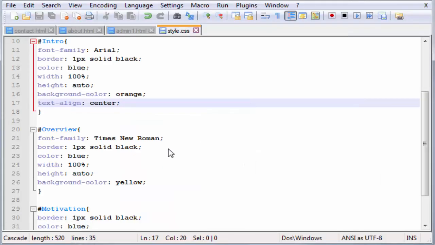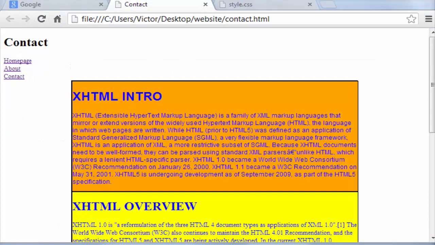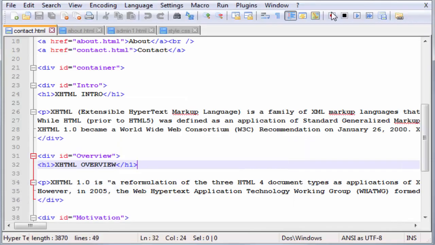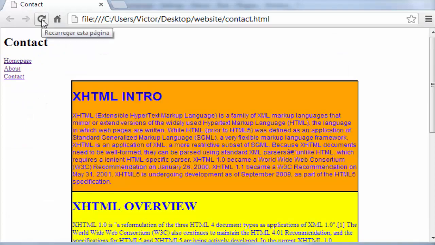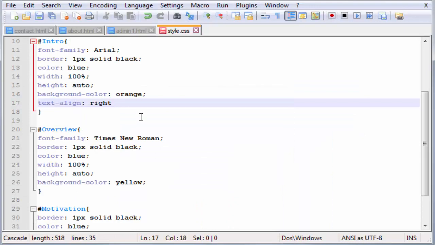Now we can also do is type text align left, and if we run this in Chrome, this is what we'll get. Everything is on the left. Okay, now we can also type, for example, right, save this, let's go back, refresh it, and everything is to the right. Okay, now for now let's leave this, let's take this out, and let me show you another